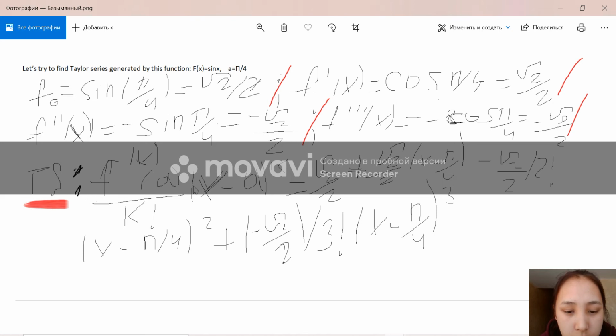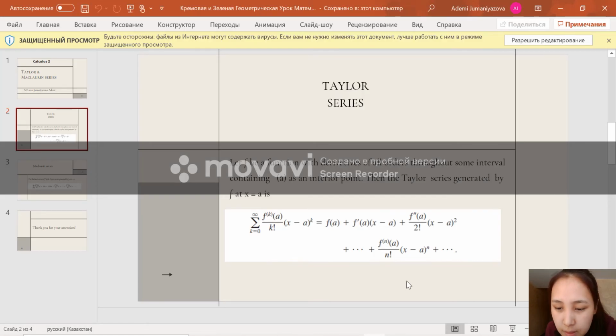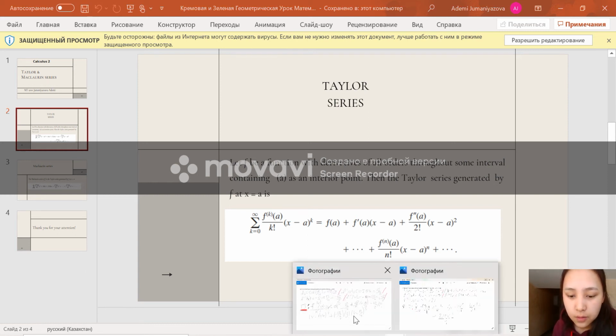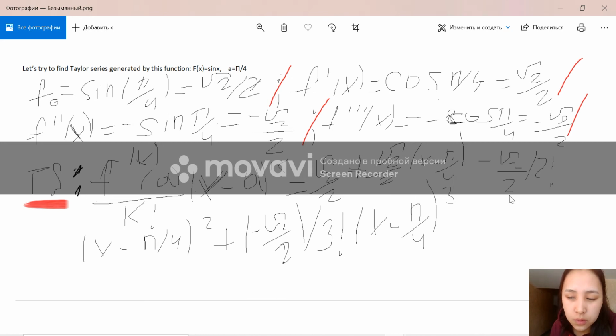Our Taylor series will be like this: the square root of 2 over 2, plus the square root of 2 over 2 times x minus pi over 4, and minus the square root of 2 over 2 divided by 2 factorial, because the Taylor series looks like this, multiplied by x minus pi over 4